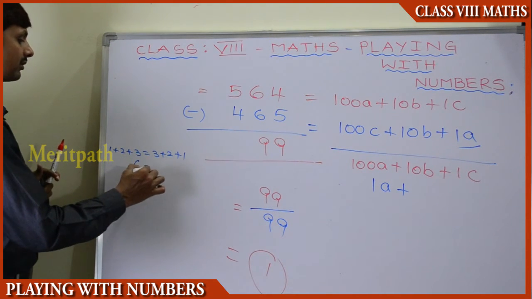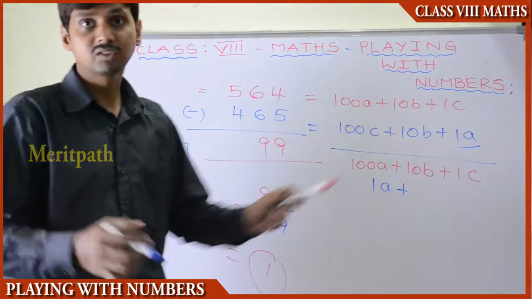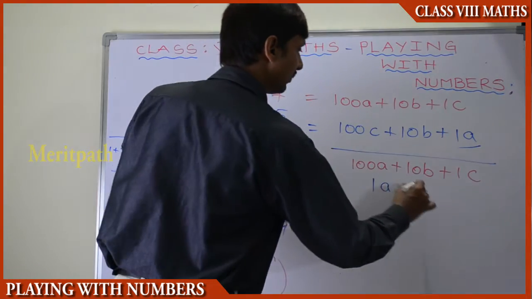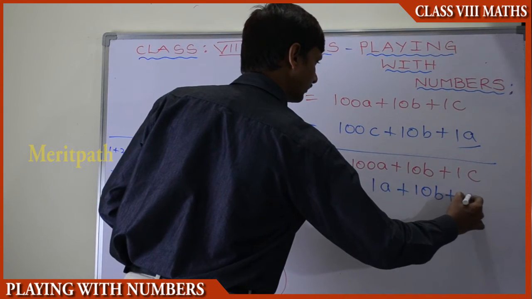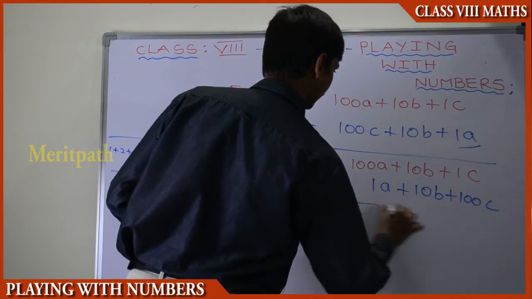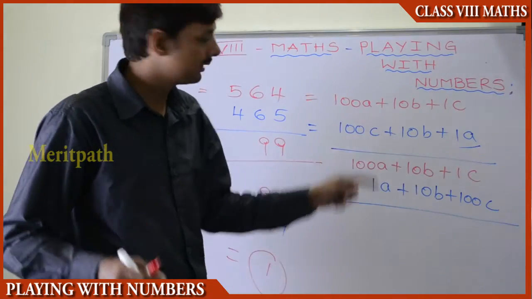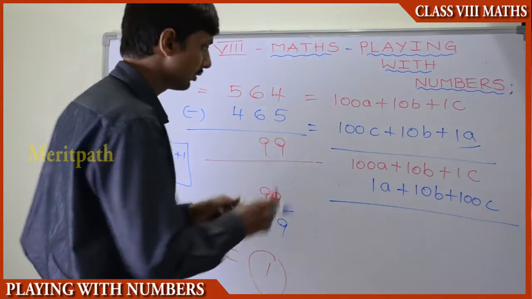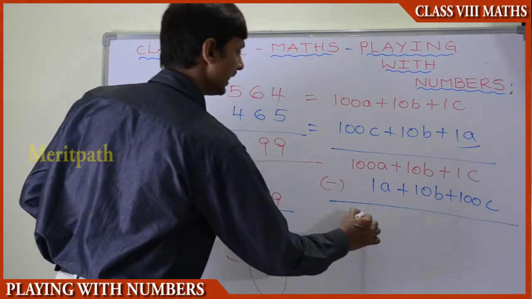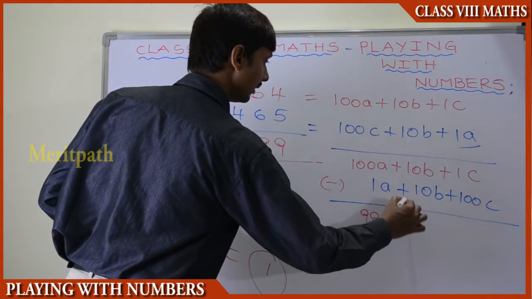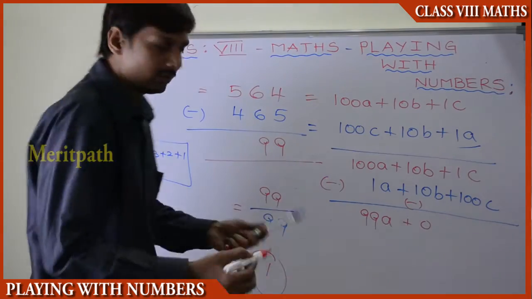6 is equal to 6, the same thing. So if we reverse the order and take this 1A, there is no change. So we have taken 1A plus 10B plus 100C. We have taken the numbers as a group: A and A, B and B, and C and C. We can subtract these two numbers because they have the same variables. So let's subtract. We get 100 minus 1, that is 99, so 99A. And when we subtract the B terms, we get 0, so there is nothing, no need to write.